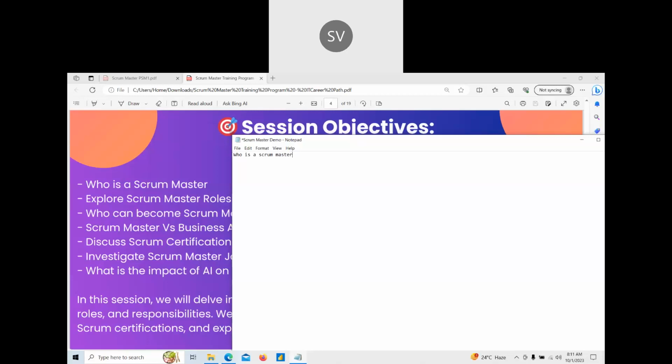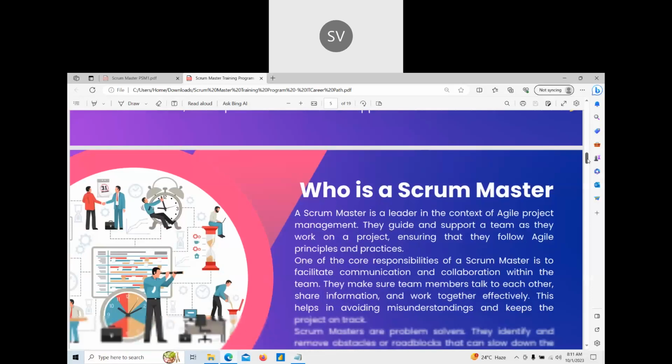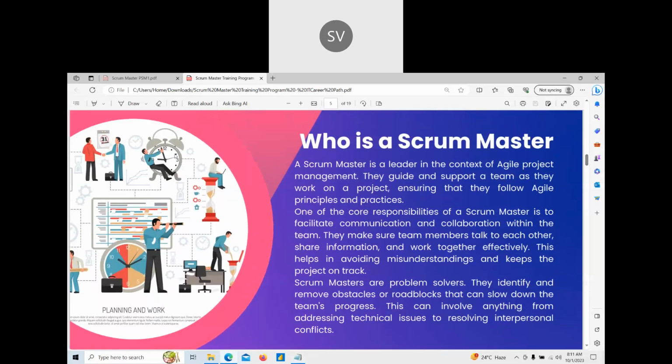Let me show you the picture. If you look at this picture, can you identify who is a Scrum Master here?